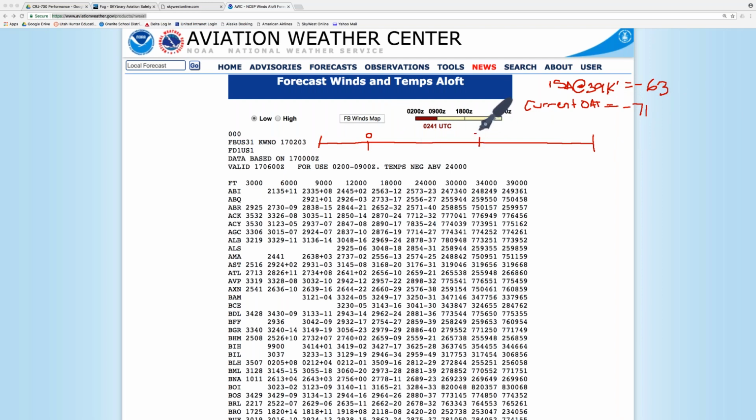Okay, here's negative 63. Where is negative 71 in relative position to negative 63? To the right or the left? To the right. Yep. So negative 71 would be over here. How many numbers do we move to get to the 71? 8. Are we moving to the right or to the left? Right. So when we move to the right, it's always negative.